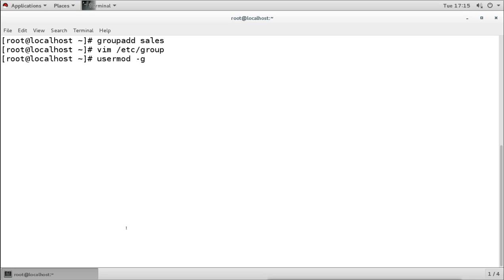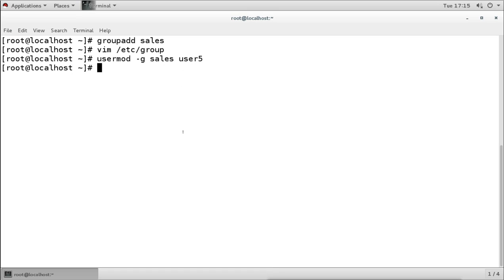Then we mention the group name. We can mention the GID also, or the name. Then we mention the username. For example, I mention user5. I want to make this group a primary group for this user5 now.